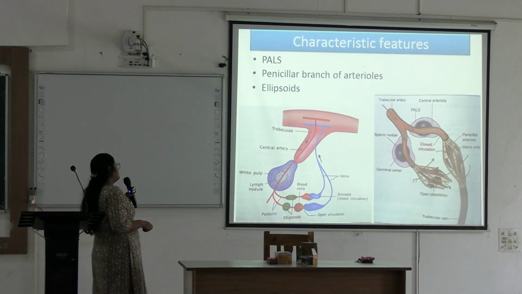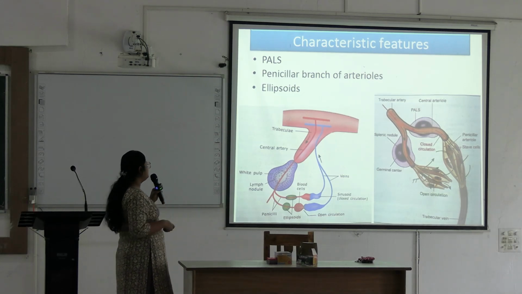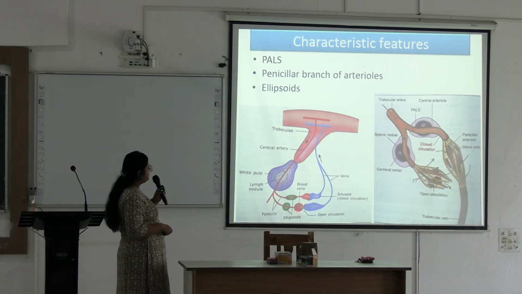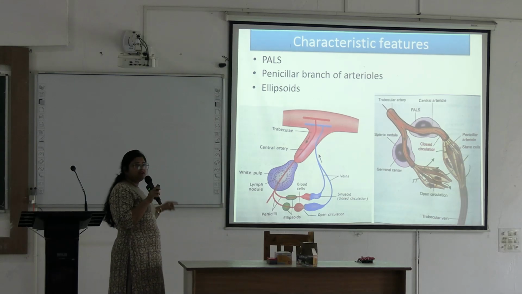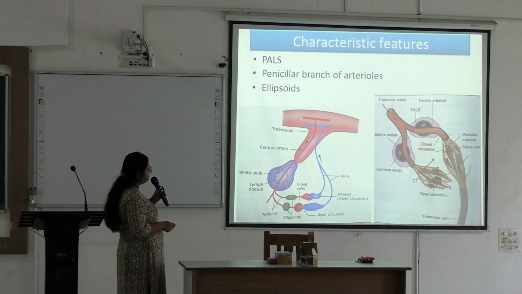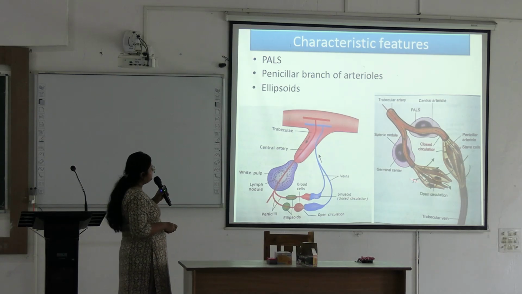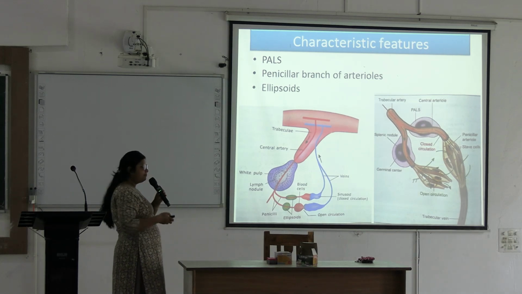And when the blood is coming from the penicillar artery, they open into the open area, and from there the blood cells enter through the openings in the sinusoids. That is known as open circulation. So closed circulation is fast circulation, okay, and open circulation is slow circulation. Here also you can see the formation of the sinusoids. It is formed of elongated cells, okay, and stave cells are also present here. And in between the cells there are openings, and the blood cells percolate through these openings, okay.